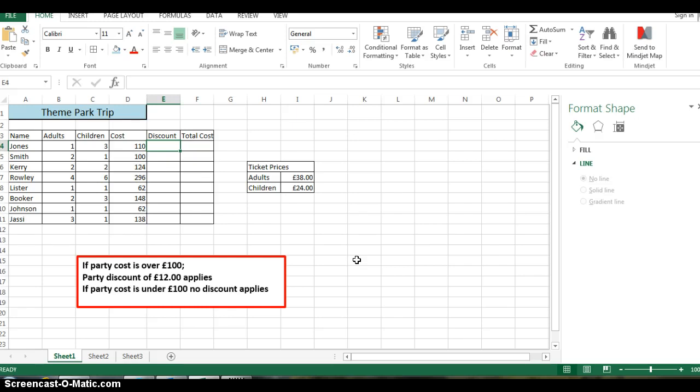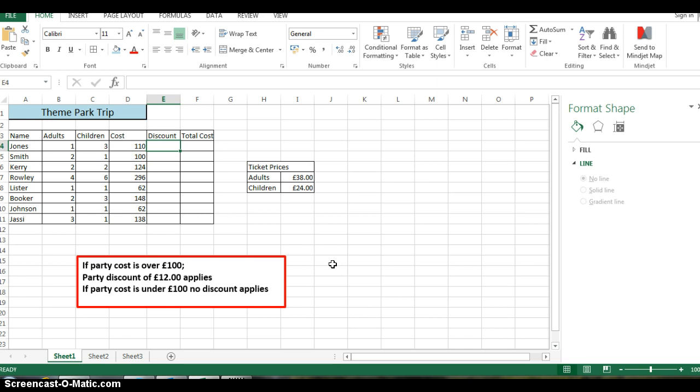You need to know the if function if you are going to be taking your functional skills ICT exam. It's also great to know for using at work if you're using spreadsheets at work, and sometimes if you're arranging trips, perhaps something like the one that I'm working on today, which is a theme park spreadsheet for a group of friends. The if function allows you to tell the spreadsheet to return a value based on a specific piece